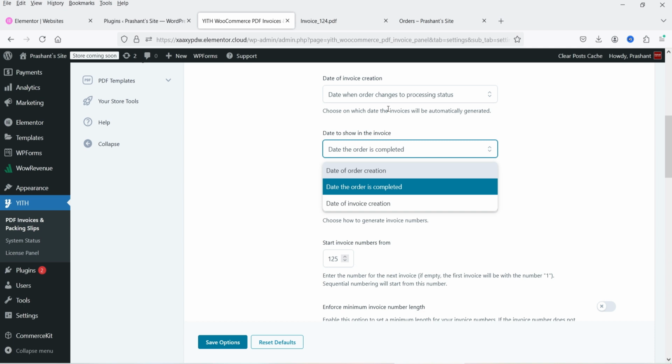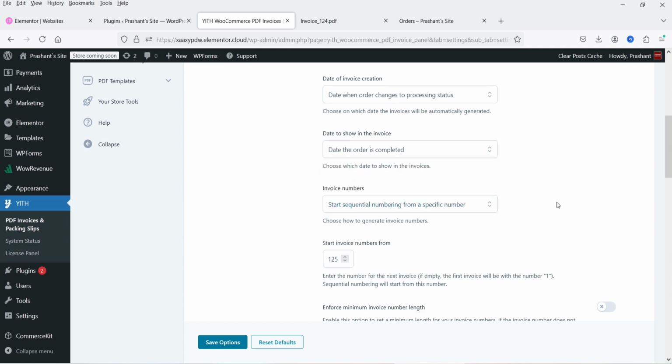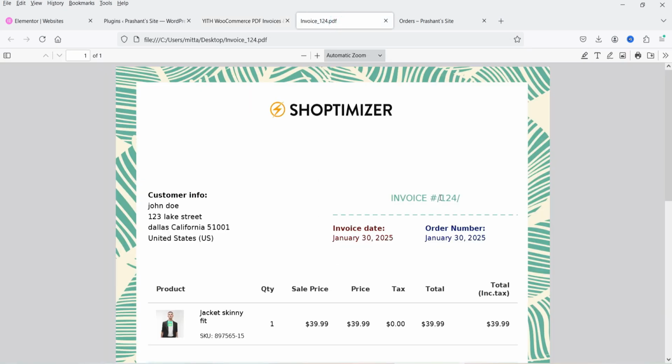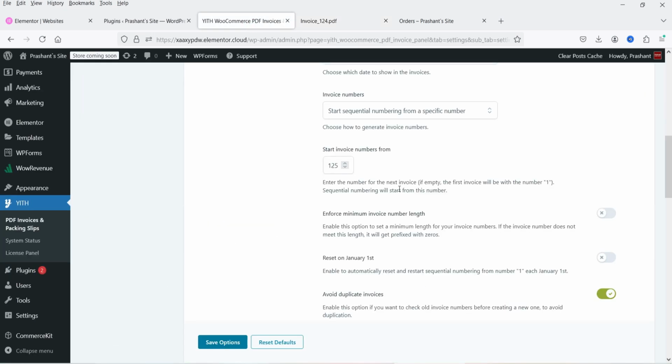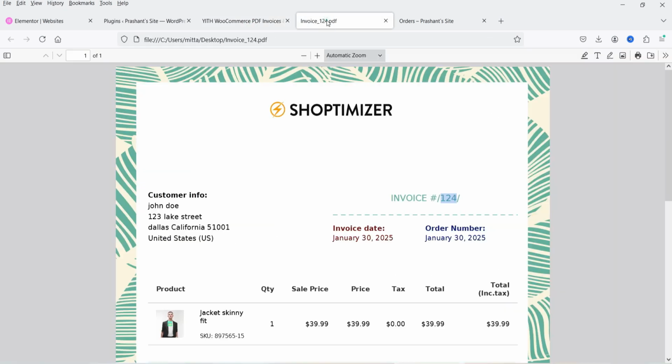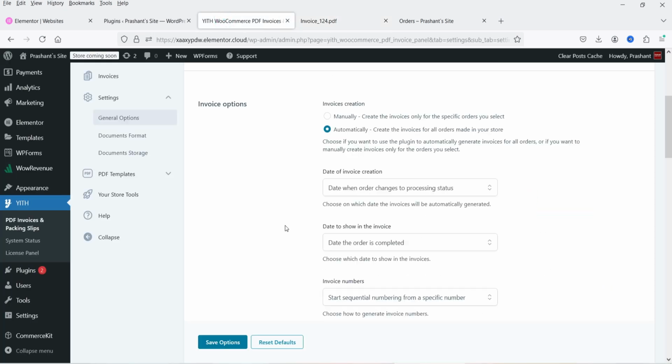Date to show in the invoice, again, the same settings will be there. If I go here, you will see the order invoice number is 124. Initially, we set up the invoice number to start from 123. So this is 124 now. So it is going to increase the number automatically. So if you are running WooCommerce website, you can automate the process of generating PDF invoices and packing slips using